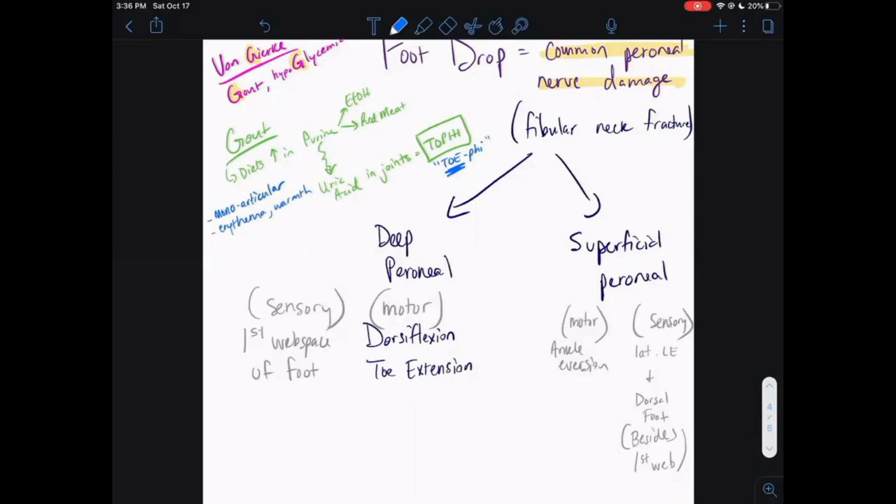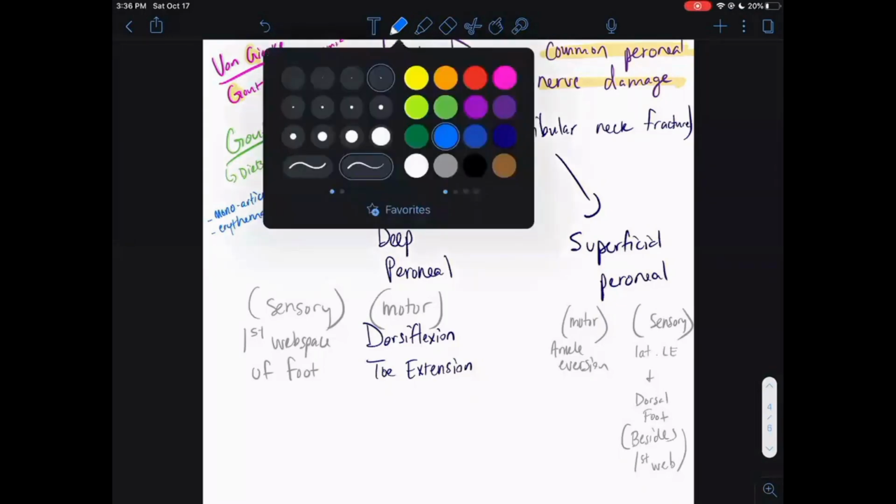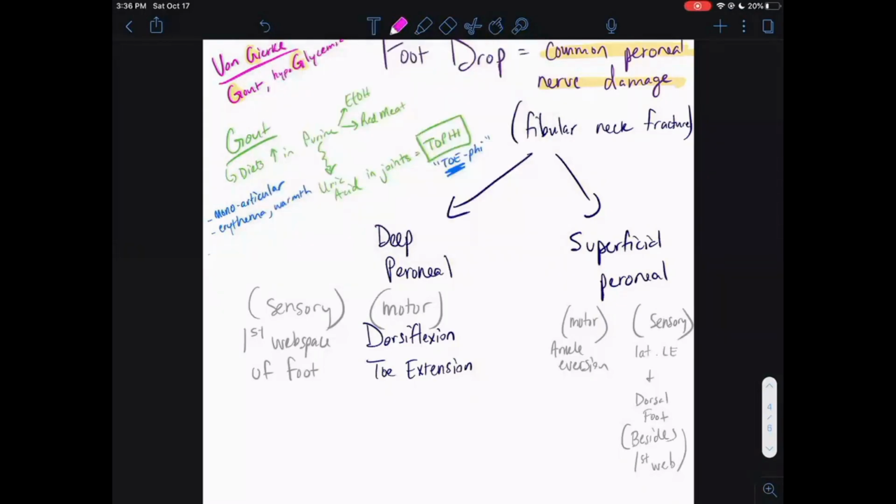Okay, and so what do you do for these patients? So first things first, you can actually aspirate the fluid in the joint. And so that's called your synovial fluid. So anytime you have a joint, there's synovial fluid in the joint. And so what you look for is crystals. All right, so you look for something called negatively birefringent needle crystals. So let me write this out here. So you look for negative birefringent needle crystals.